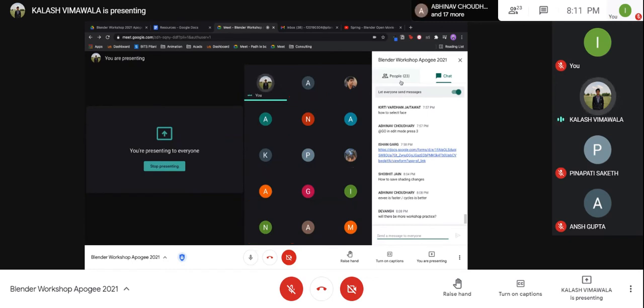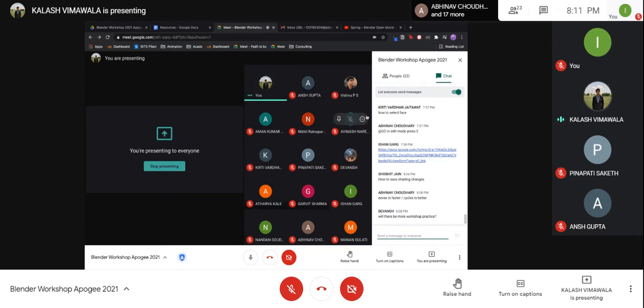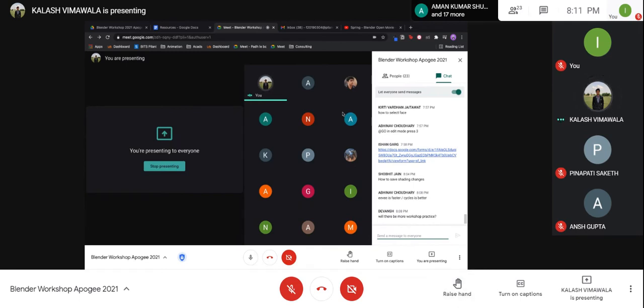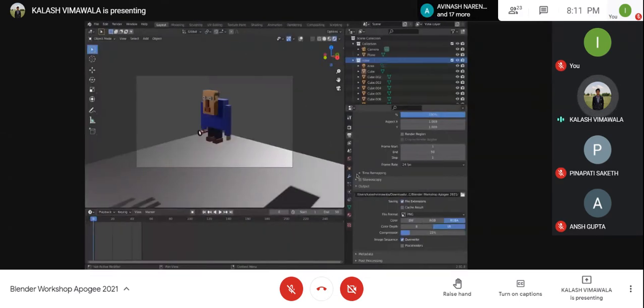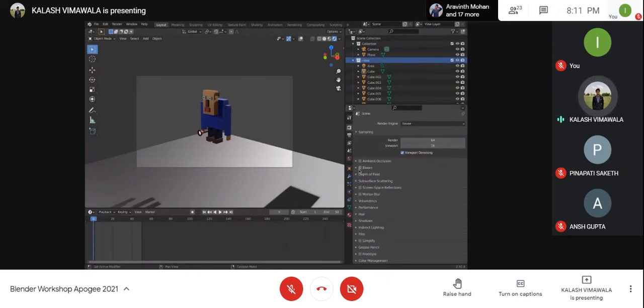As of now, since we have limited time, we only covered rendering, 3D modeling, texturing, a little bit of nodes, lighting, scene setup, everything of that sort. But there are many more things that you could do in Blender. For example, if I simply go through the properties tab over here, you have ambient occlusion, bloom.